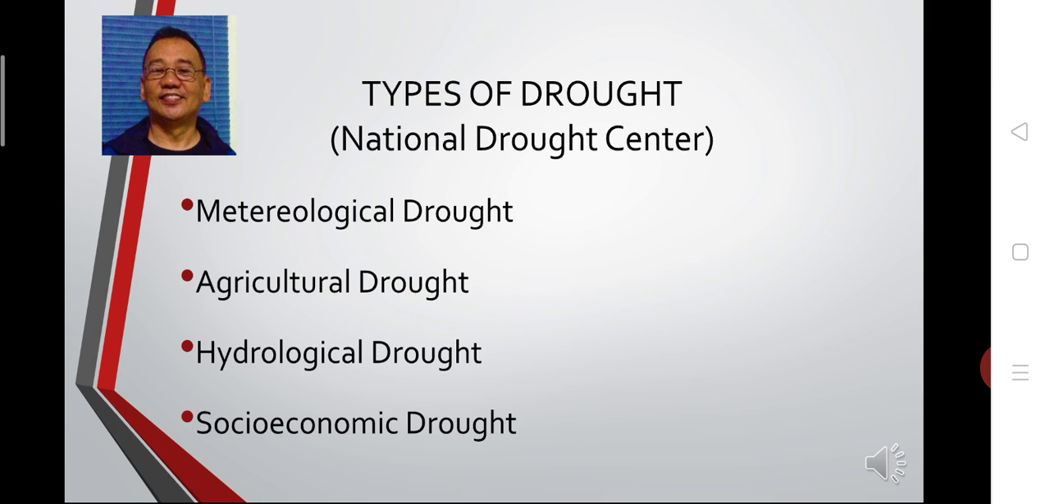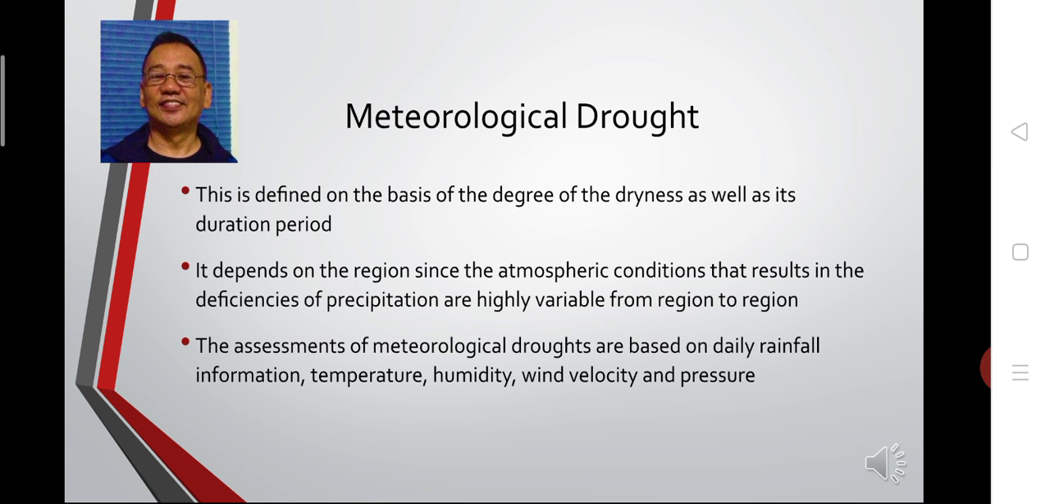Okay, there are different types of drought. We have, based on national drought centers, meteorological, agricultural, hydrological, and socioeconomic drought. Okay, so when we talk about meteorological, this is defined on the basis of the degree of the dryness as well as its duration period. Normally,